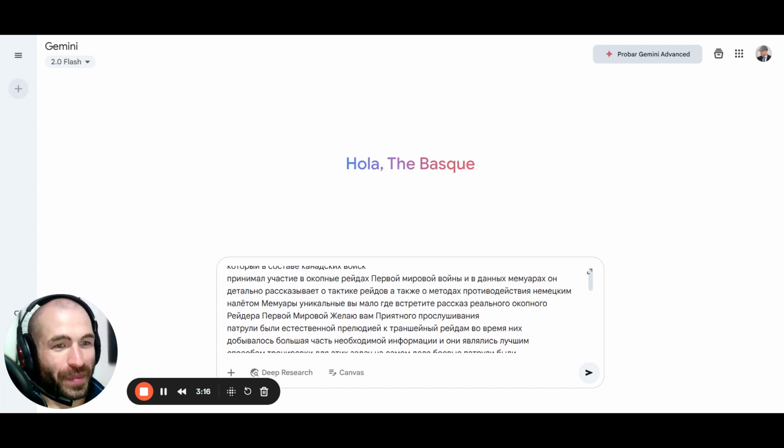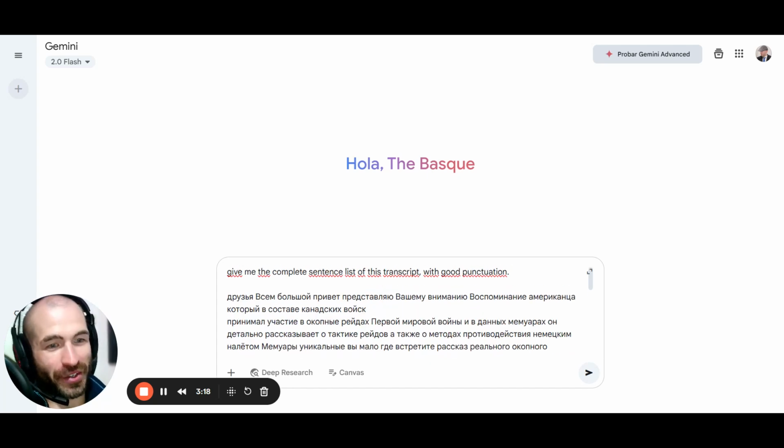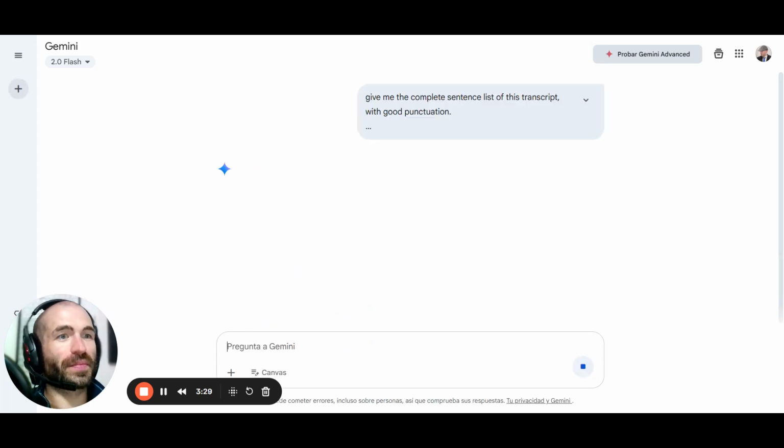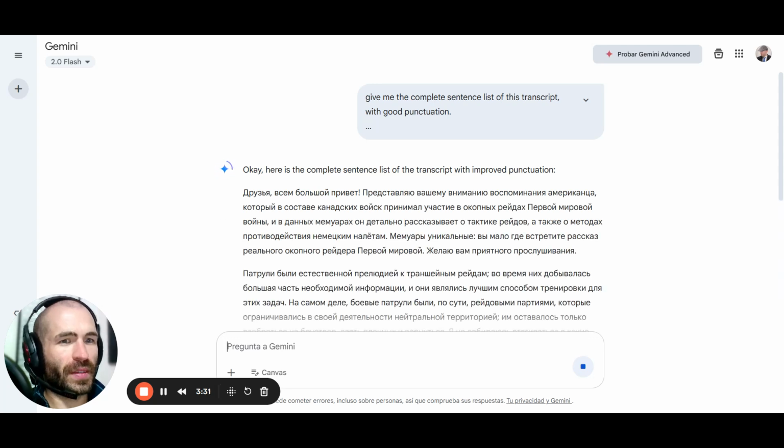But you get the idea. There's no punctuation, and it's unreadable this way. So you need to rewrite it in a way that's easy to read. So that's why we'll use this. And here we go. And now it's relatively readable, right?